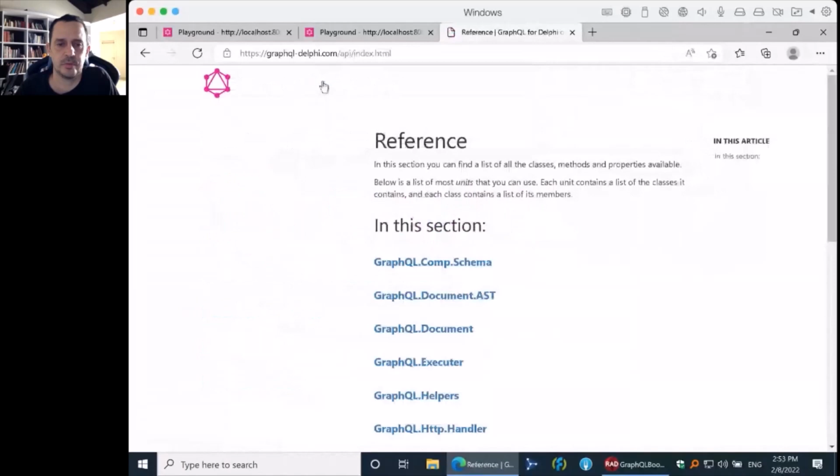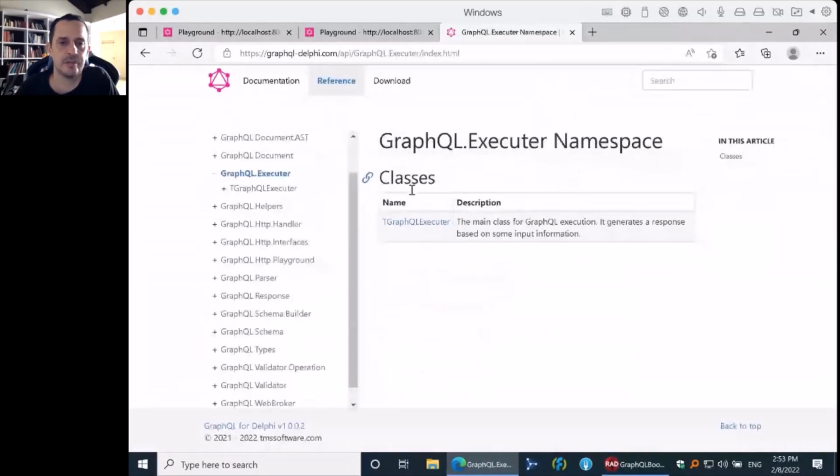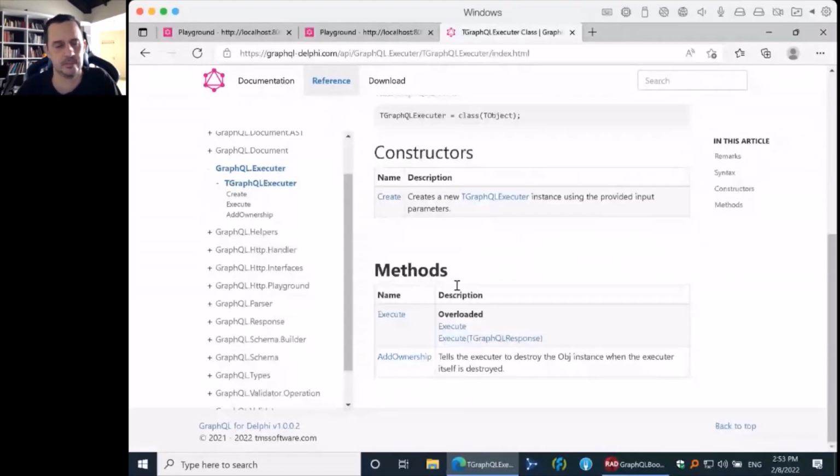And so for you to have an idea of the classes, we have a class here named GraphQL Executor, okay? This is the class that you execute a query. You can make an analogy to an SQL statement executor. So it receives the document, the query that will be executed, and it has the schema, and that's it.